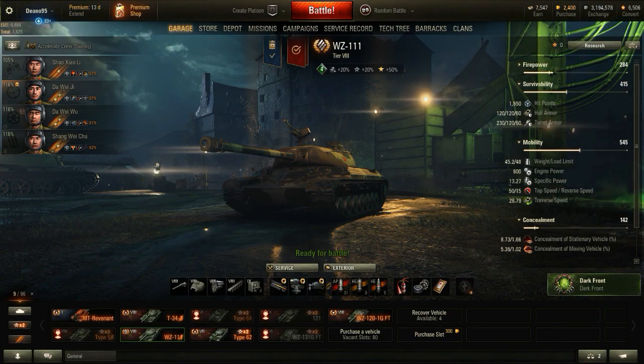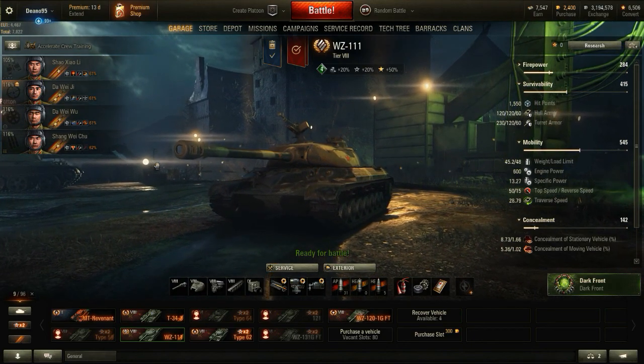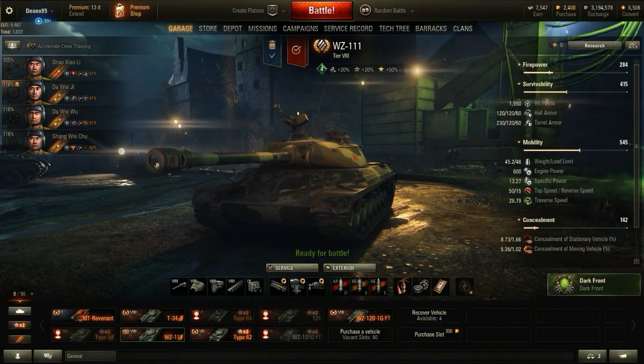Whether or not the 112 is better than the IS-6, I will have to look into that at some point, but just doing the comparison between the same nation at the moment and between the same type of tanks, the 112 just seems like a better vehicle and a better option if you don't own any of these vehicles and you want to get one of them, which is